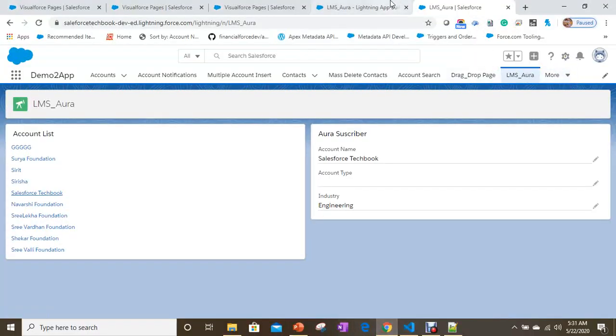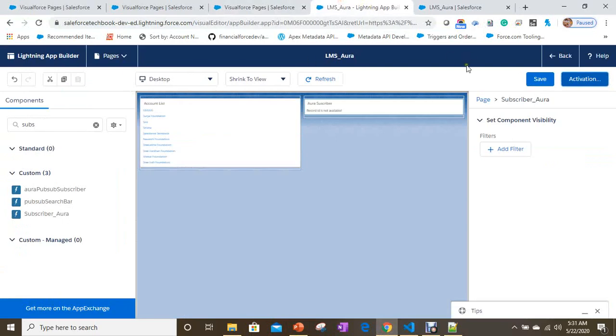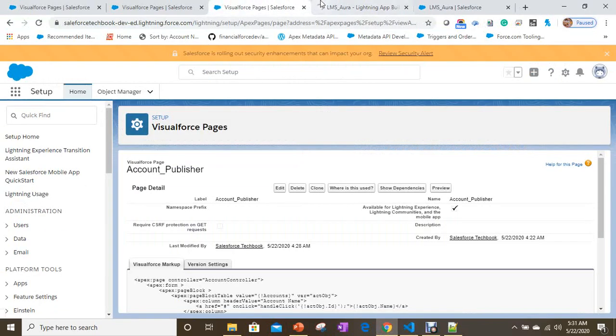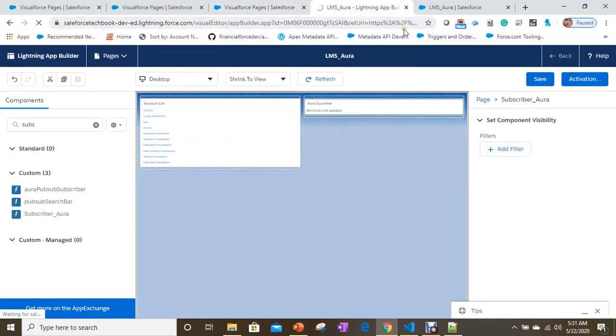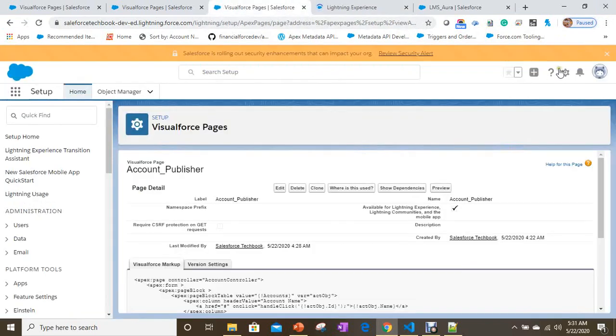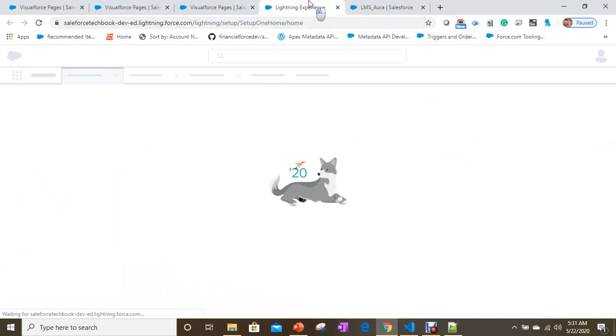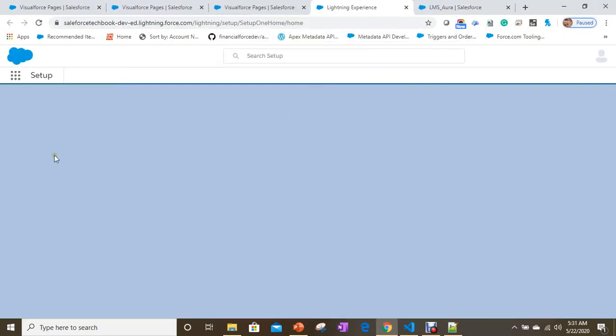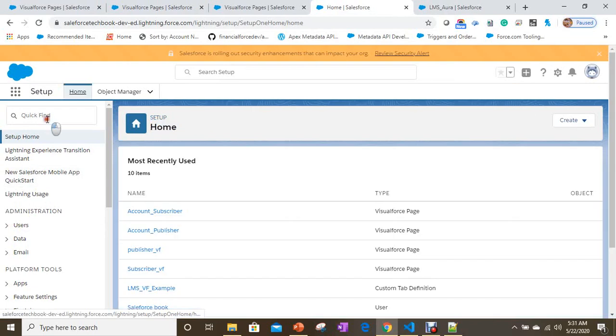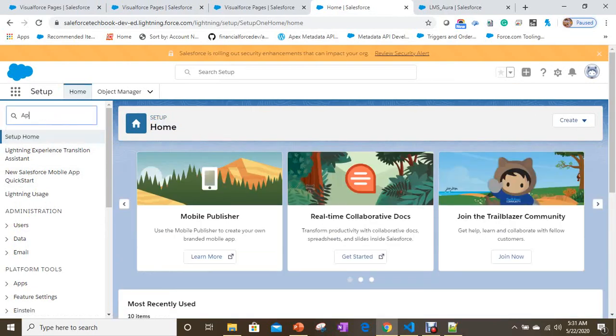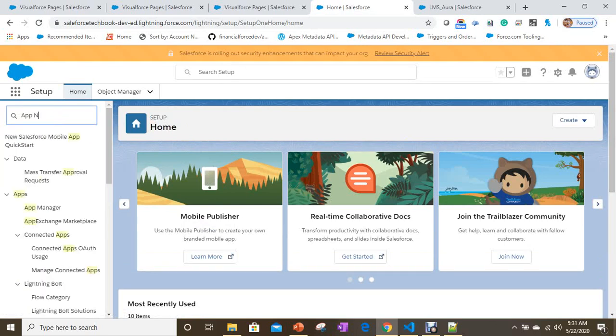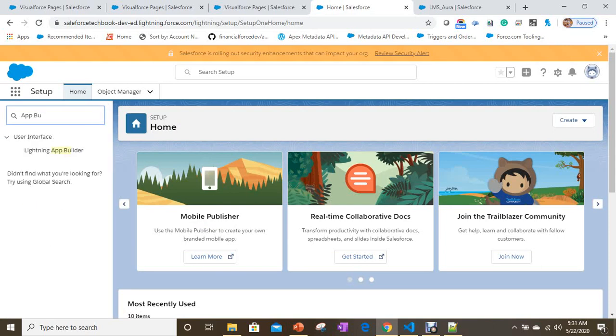Let's go to the app builder, Lightning app builder.